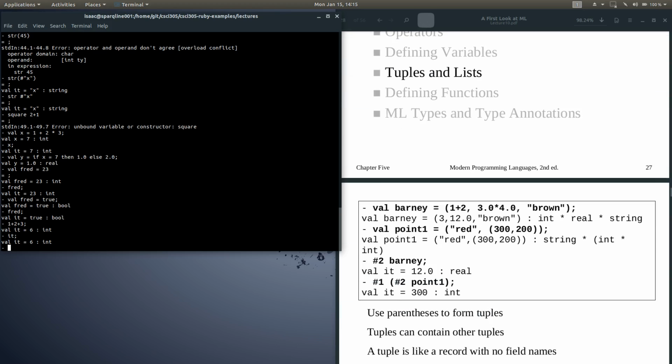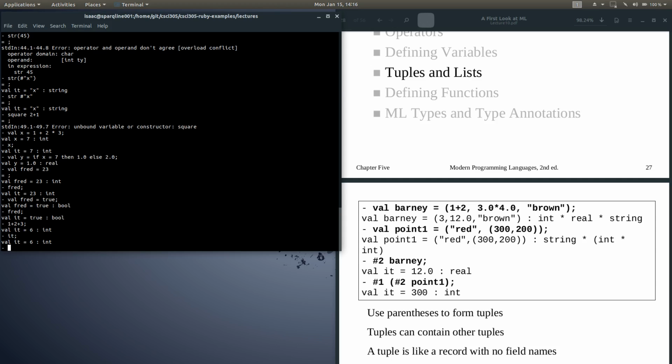We'll move on to tuples and lists. These are a more interesting component of ML. And so one of the things we want to talk about is what tuples are. Hopefully you remember this from discrete math or the first section of theory or anywhere else in abstract algebra and math that you have ever taken and learned about these things. But a tuple in ML is just a type that has at least 2 elements,